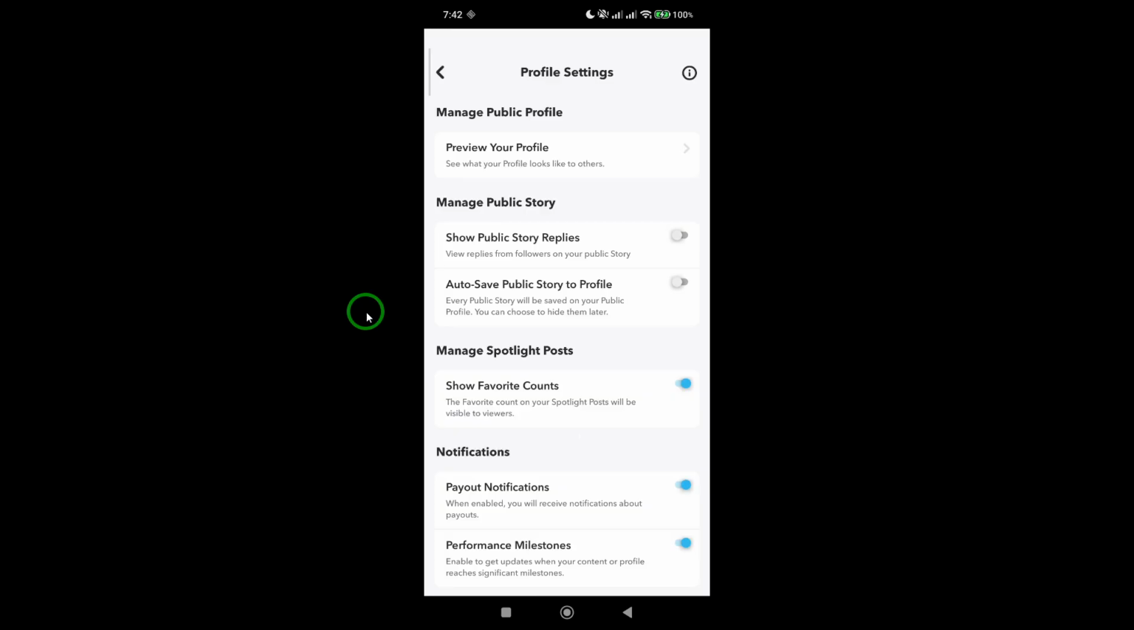Here's the key step. Look for the option called Show Public Story Replies. Once you find it, simply toggle it